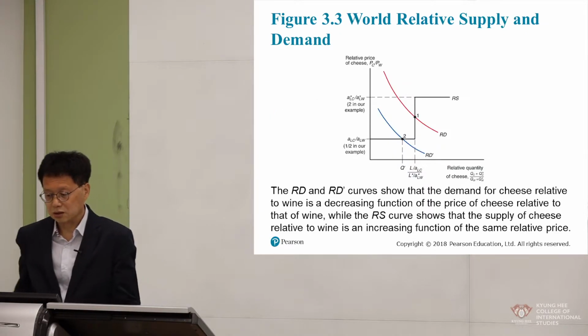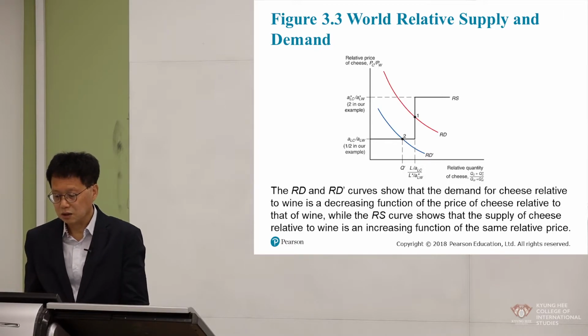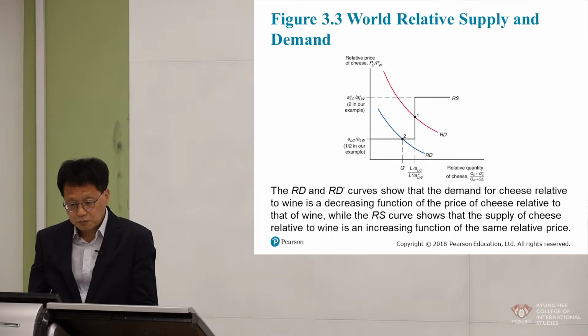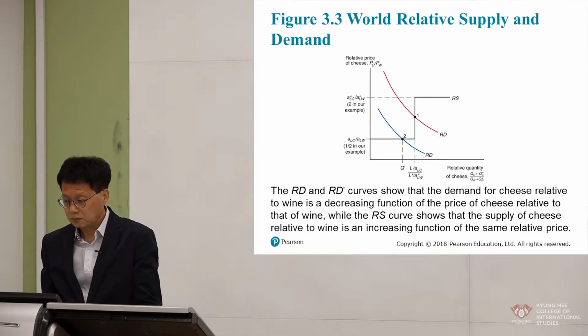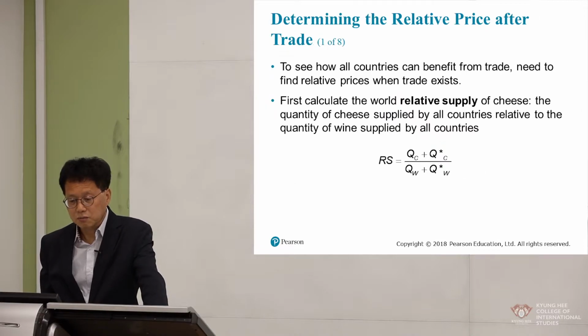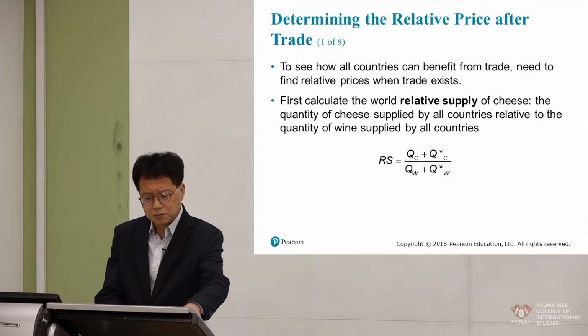For example, like this. The conclusion is this one, right? And this one was explained starting from slide number 35, determining relative price after trade. I'd like to explain this